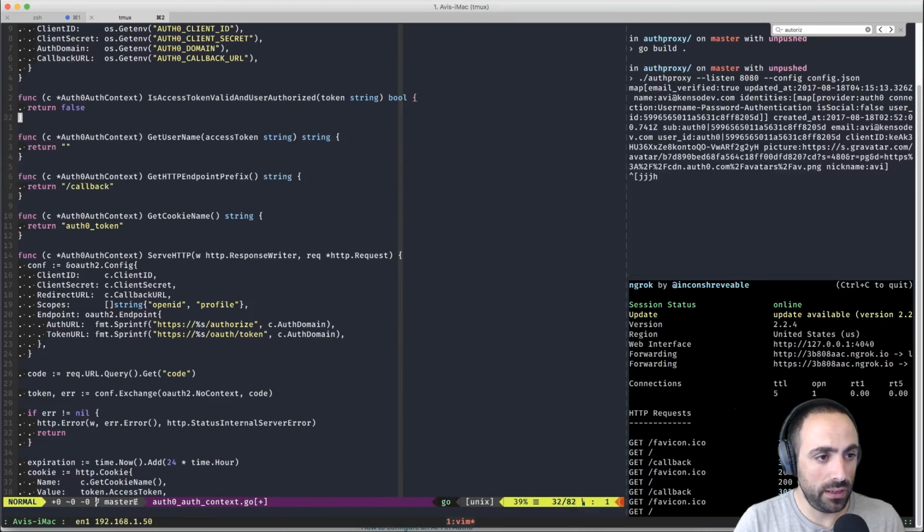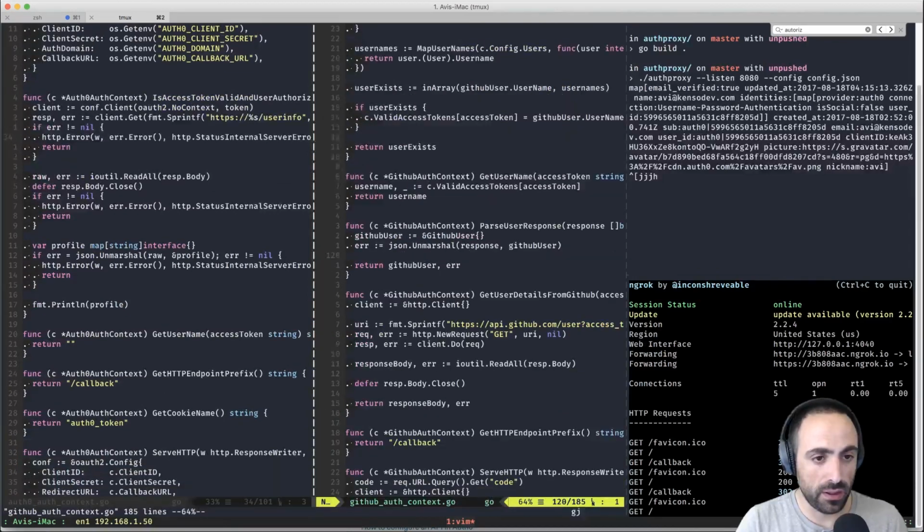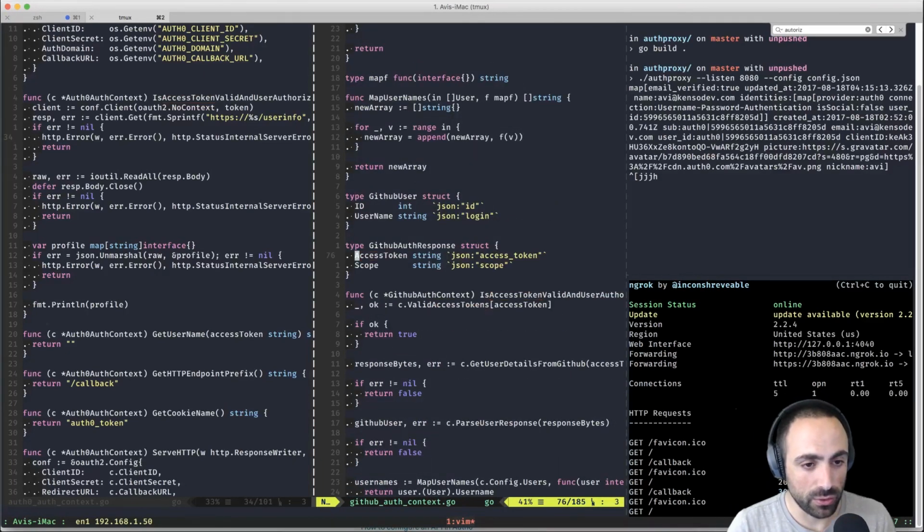So then here we do this. And in GitHub Auth Context, GitHub user, and then get username is C valid access tokens, which is a map of string and strings. And then this is going to the valid access tokens, and we store that.